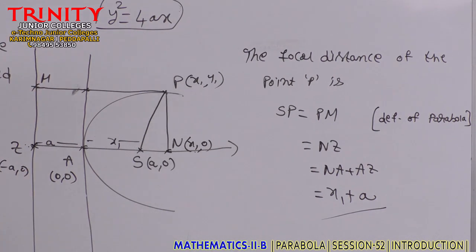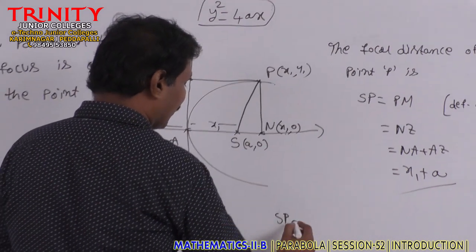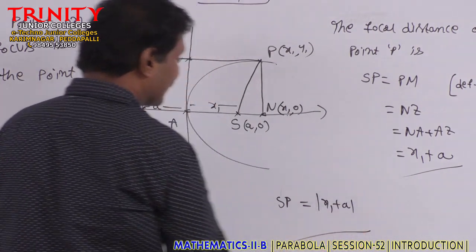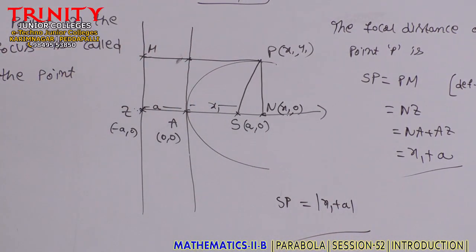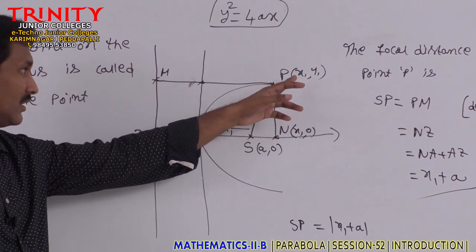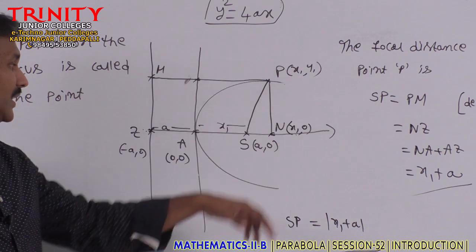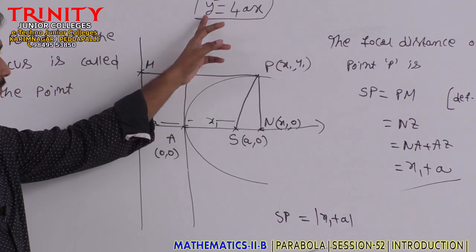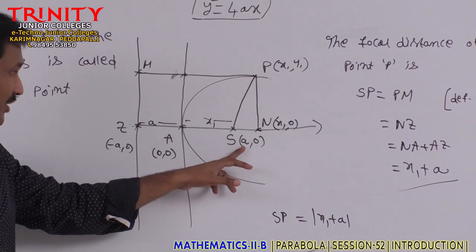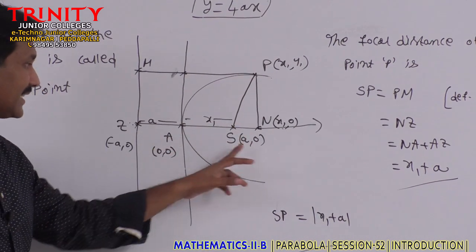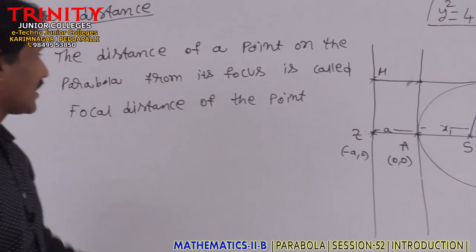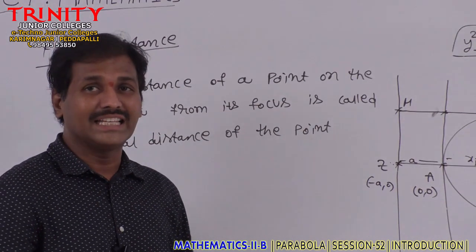In this case, we always take the modulus. The length of the focal distance SP equal to modulus of x1 plus a. We take it positive, x1 plus a. x1 is the x coordinate of the point P, and a is taken from the form y square equal to 4ax. a is the x coordinate of the focus S (a, 0). Therefore, the focal distance of a point on the parabola is from its